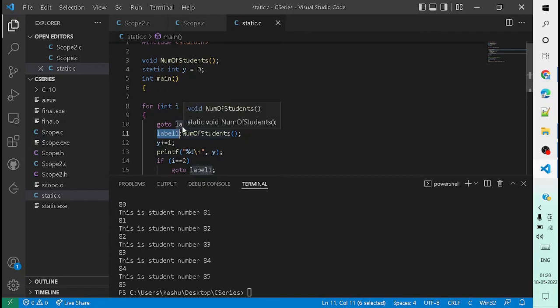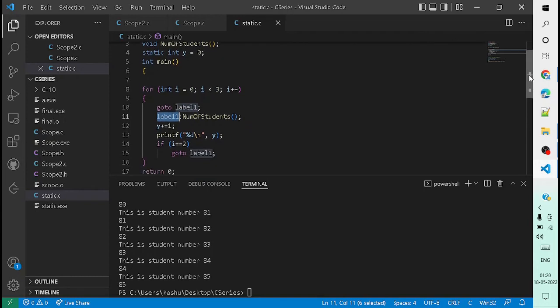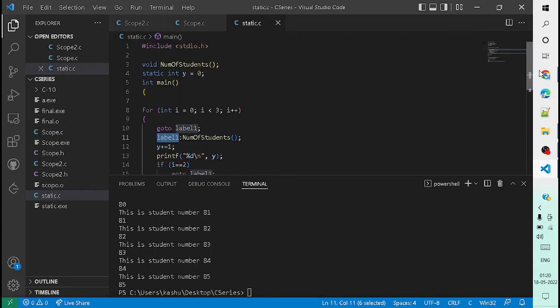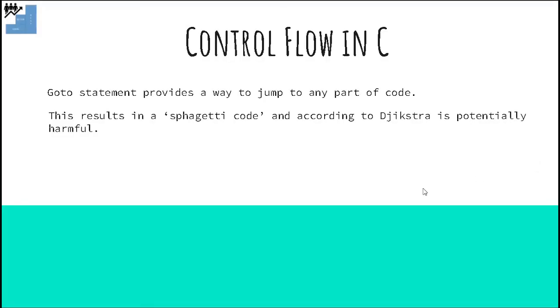The third important point to remember with goto statement is that you cannot jump from one function to another function. Okay, so that is another important thing to remember. Fine. Last point over here is that goto statement usage is generally not recommended, because if you jump